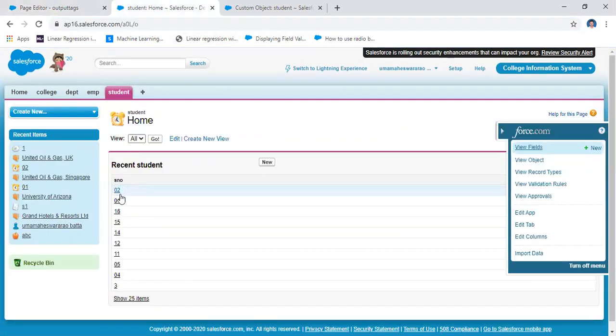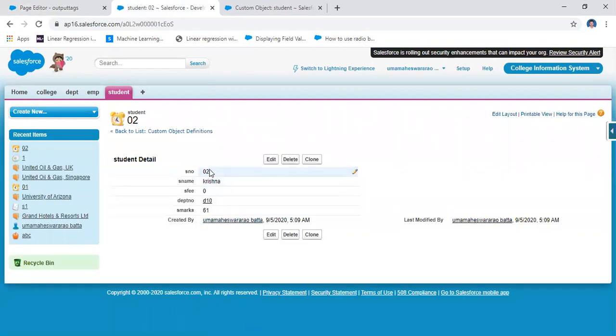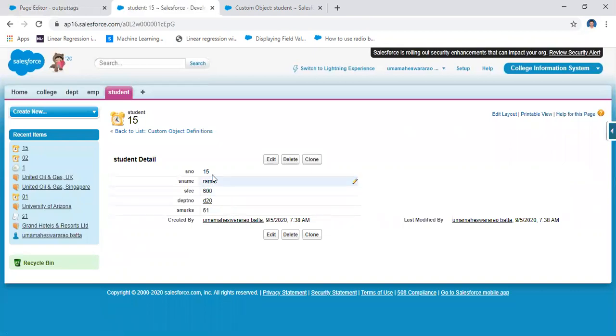I want to get the student related data. I want to get student two, or otherwise another one, for example the 15th record: 15, Rama, fee 600, department 20, marks. I want to get this information.